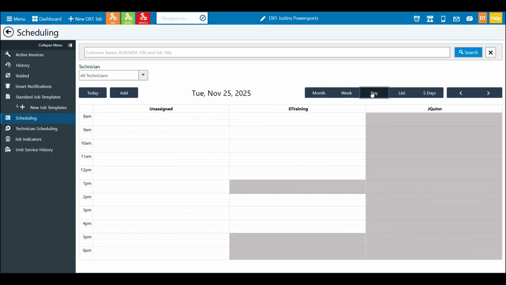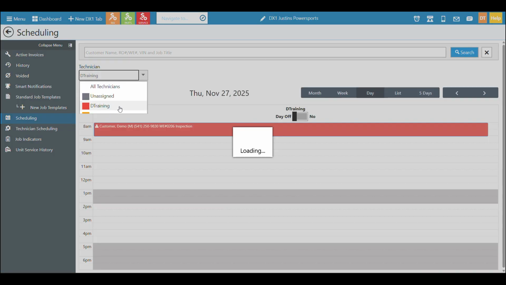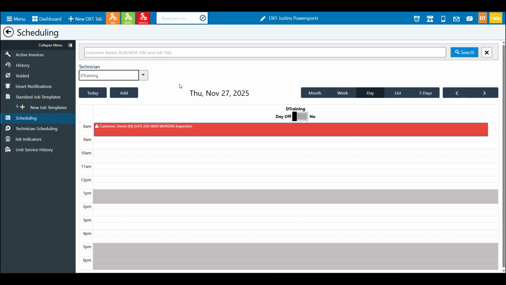All right, if I have my day view, again, I'm just looking at the 25th. I can navigate here to the 27th. Again, I can also look at particular technicians by just filtering if I don't want to look at everybody. I can manually mark this as a day off if I need to, aside from what the default is. So if I have some days coming up that I'm going to be on vacation, I can toggle those in here on this calendar ahead of time to make sure that nothing can get scheduled on those days.